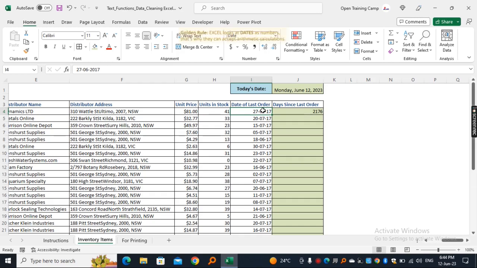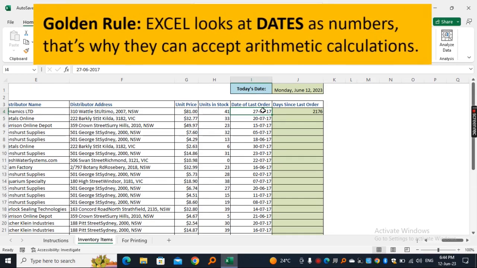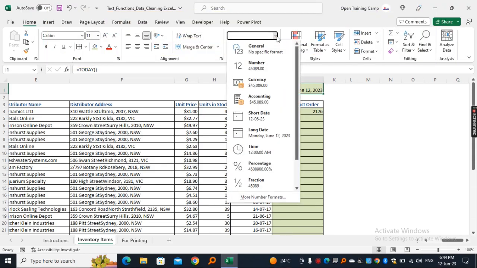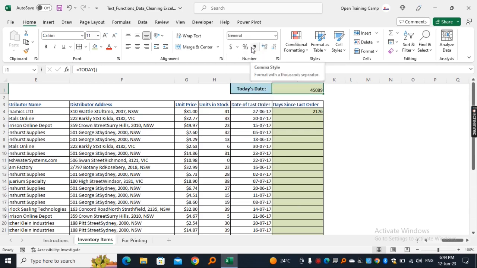Yes, Excel looks at dates as numbers, and I will demonstrate this in just a moment before we proceed. Now, if I came back to cell J1 and removed the date format, which I'll do, I come back to the number group of tools and put it into the general format. This one removes the date format, and you can see I get this particular number returned. So these are the number of days that have elapsed since 1900, because Excel starts counting in its calendar format